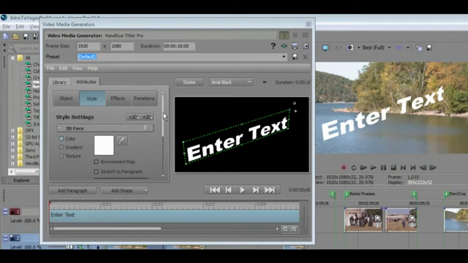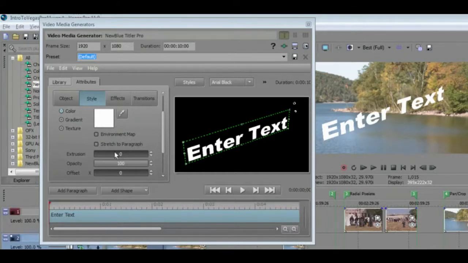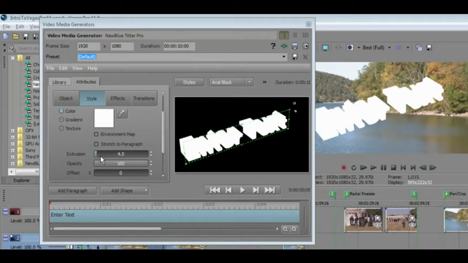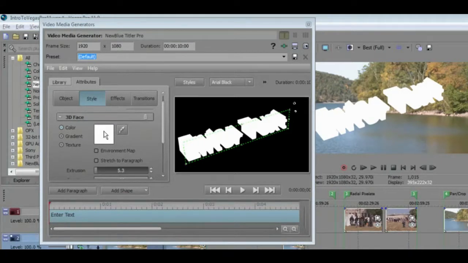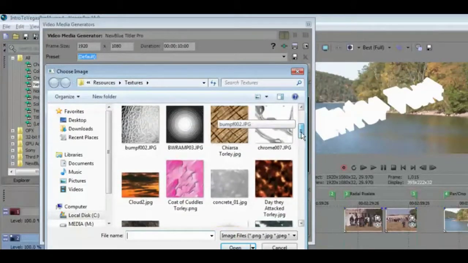So what I'm going to do is go back to the Style tab and scroll down a little bit here, and you can see that I've got an extrusion option. Okay, so I can add extrusion. Okay, now right now my text is white, so it doesn't really look like much, but you can see that I'm adding some extrusion to this text. Let's go back up to the color picker here and choose something different. So I can choose solid color like I have here with white. I can choose a gradient, or I can choose a texture, and I can choose any of the default textures that come with